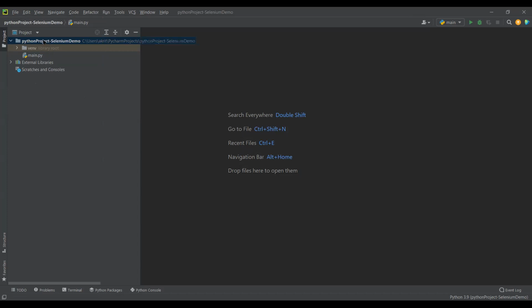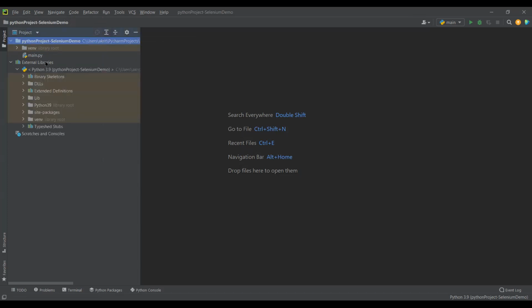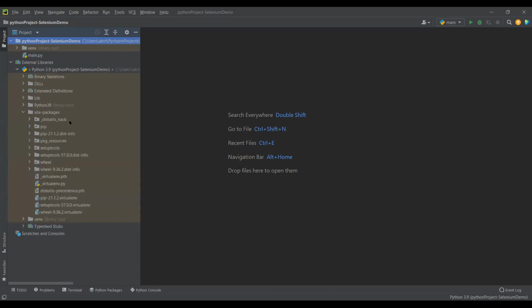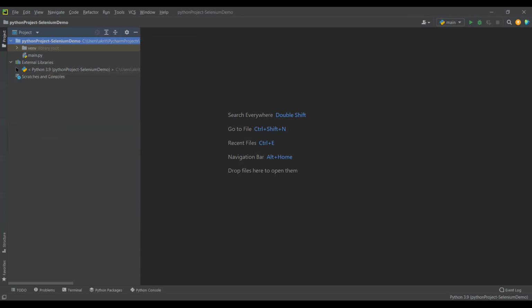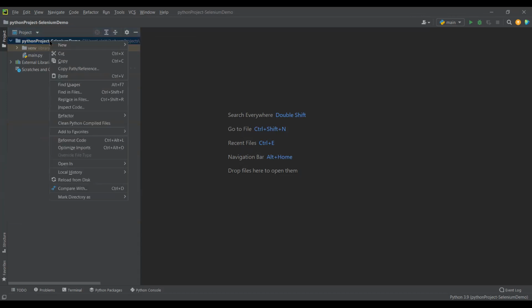So this step is important because here, as you see, we have all the external libraries in this folder, external libraries, and then we can go to site packages. Basically, when we are using Selenium, all these Selenium files or libraries associated with Selenium, like web drivers, everything will be available in these site packages. And to say that, okay, fine, we need Selenium, we need to go to